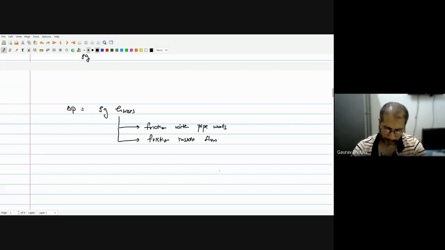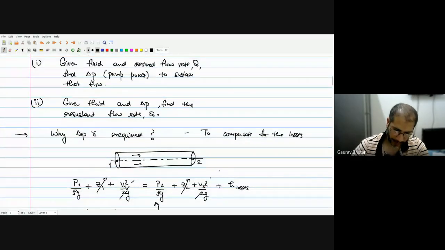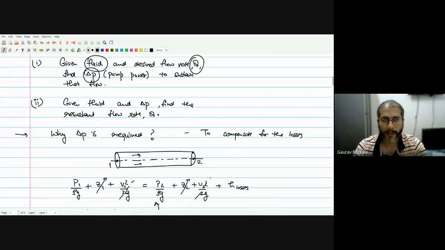Okay, so this tells us that it's important. This is the reason we need to talk about the pressure drop. That is the reason we need to relate the pressure drop with your fluid properties as well as the flow rate Q. That is the reason we need to have a pump to be able to sustain a flow or a certain flow rate.